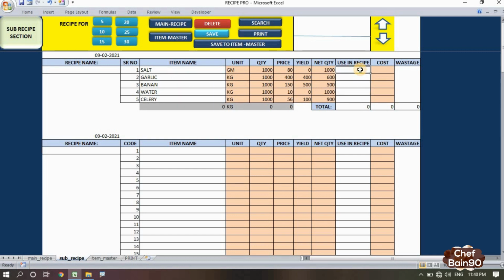So now I'll put the using recipe amount like 100 gram, 200 gram, 300 gram, and 150. So when I add, the cost is here, and the total cost and total quantity are also available at this place. The main thing I have to do is give this recipe a name, like Bain,